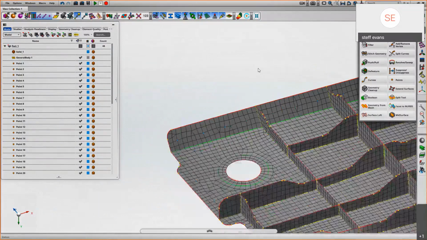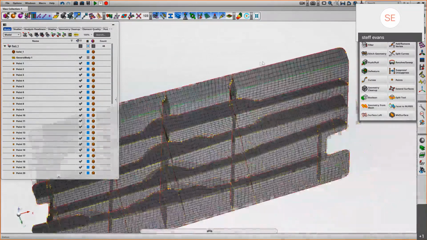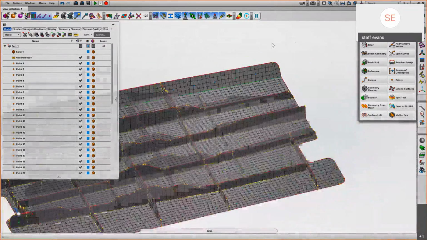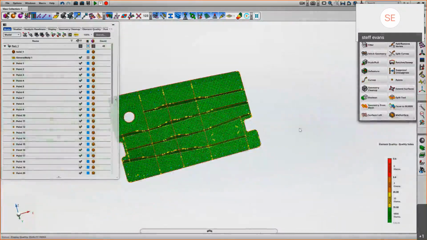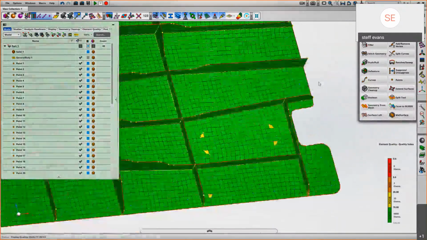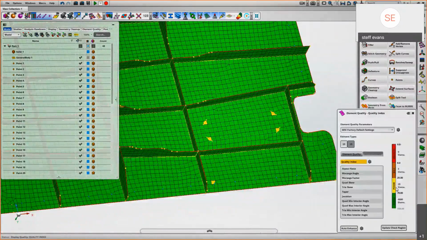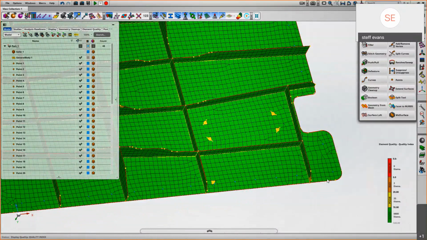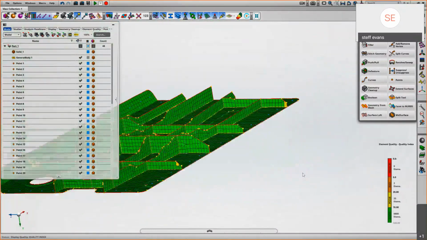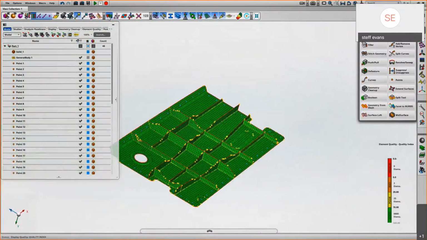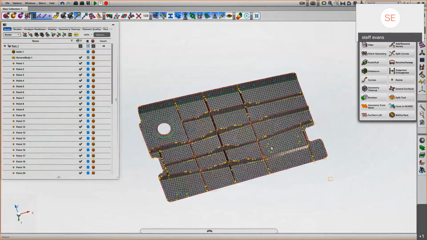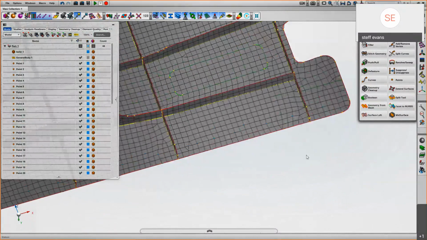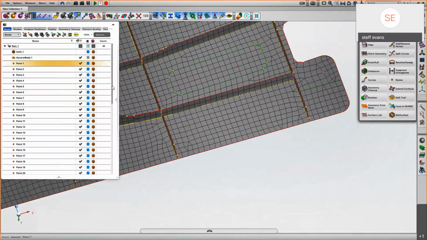Okay. So once we've done our defeaturing, we can start to look at some of the discrete meshing techniques in it as a means to try and tidy things up. So with the element quality check turned back on, we've got a very small number of poor elements. We've got 25 poor and 2 bad out of nearly 7,000 elements. Okay, so perhaps not the most coarse, not the most fine model in the world, but again, it's a very good job in terms of picking those regions out. Okay, but you can see that we've got quite a bit of mixed quad and tri